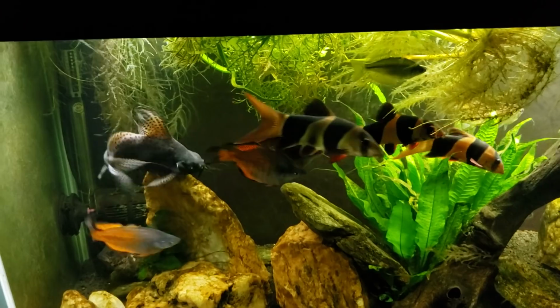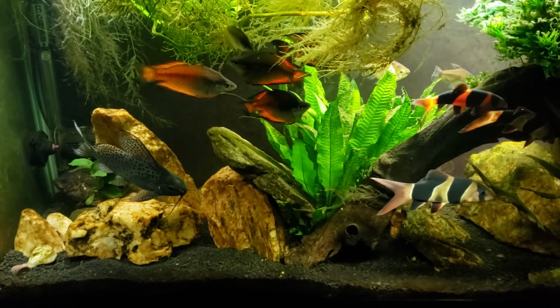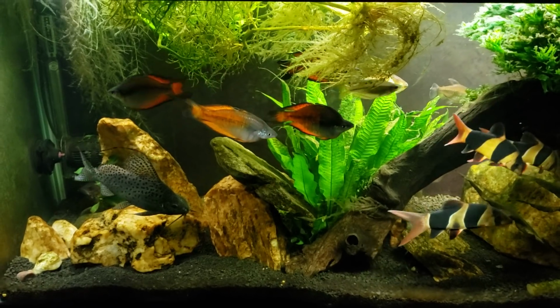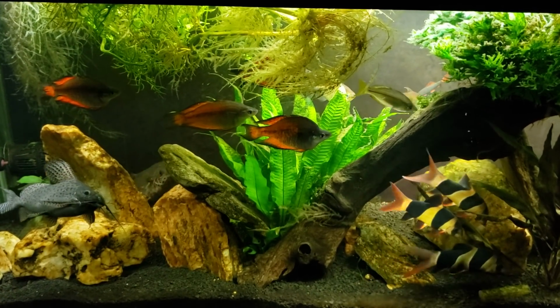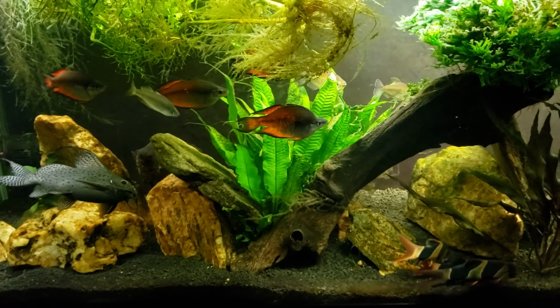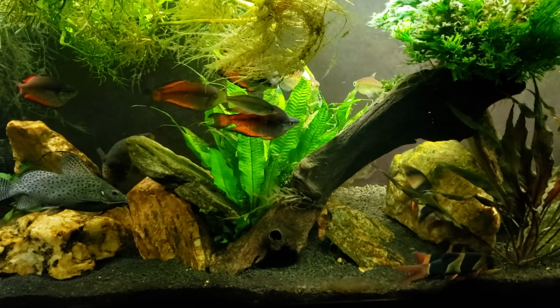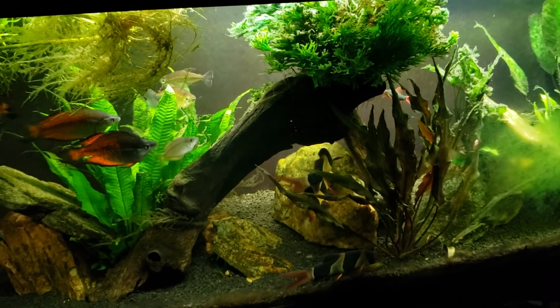And I was a little nervous about it at first. I wasn't quite sure what kind of behavior we were going to get. I didn't know if we were going to see aggression or what. I really didn't know what to expect, but nobody in this tank is actually small or delicate, so I wasn't too worried about it. In reality, the rainbow shark in here is probably the smallest and most delicate fish in the tank,